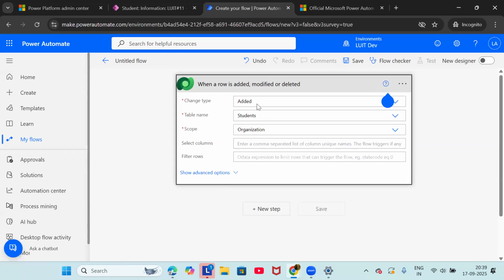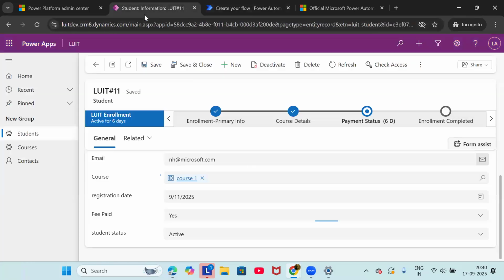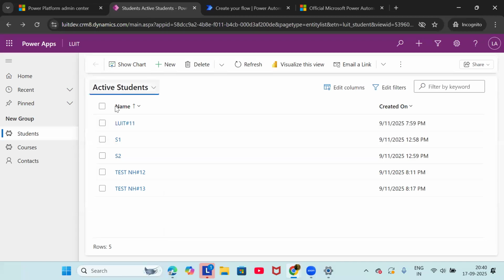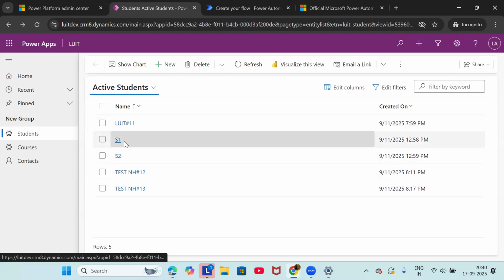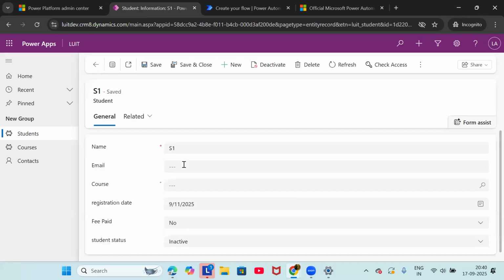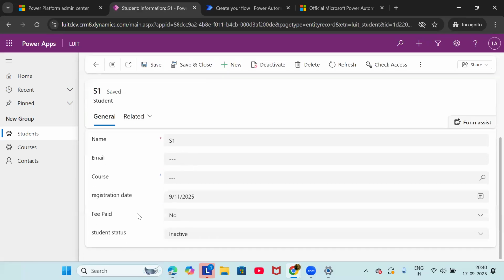For example, when multiple rows get selected for this particular scenario, I don't want to perform the action on all the records, but rather choose a few. For example, here we can say maybe all the active students, 5 records are there, but I don't want to perform action on 5 records. Maybe I need two based on some field value. Then I'll use some filter, saying if student status is active, then only execute